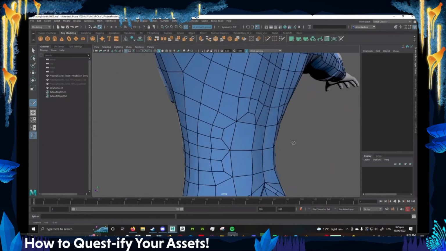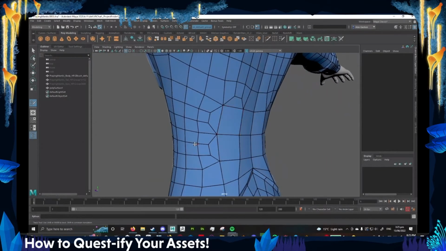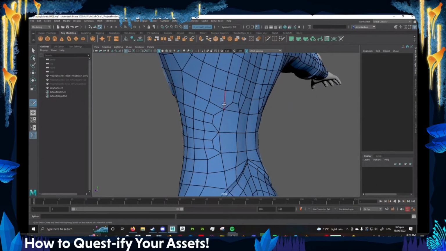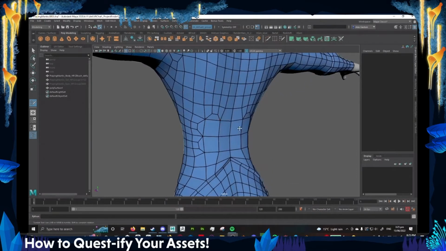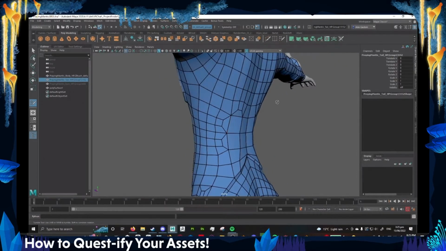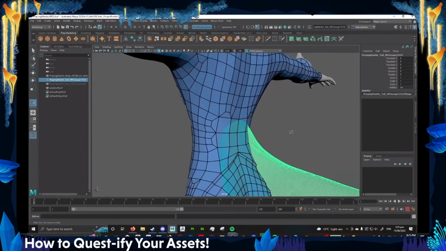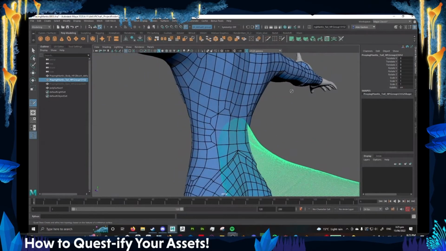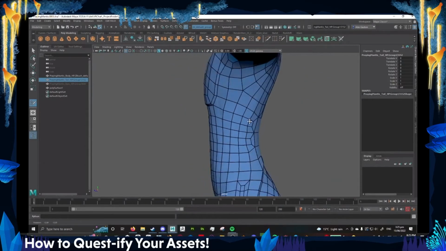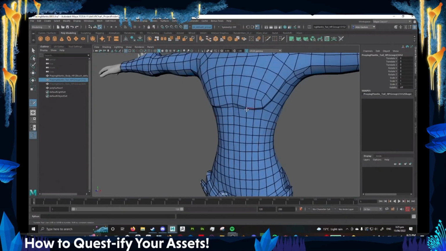Now, this is an error on my part. When I'm retopologizing, I do a lot of exploration to see what I can get away with personally. So here I've tried to keep it low at the back, knowing that the tail will be obscuring most of this location. I should be able to get away with it, but it does mean that I struggle to get enough topology